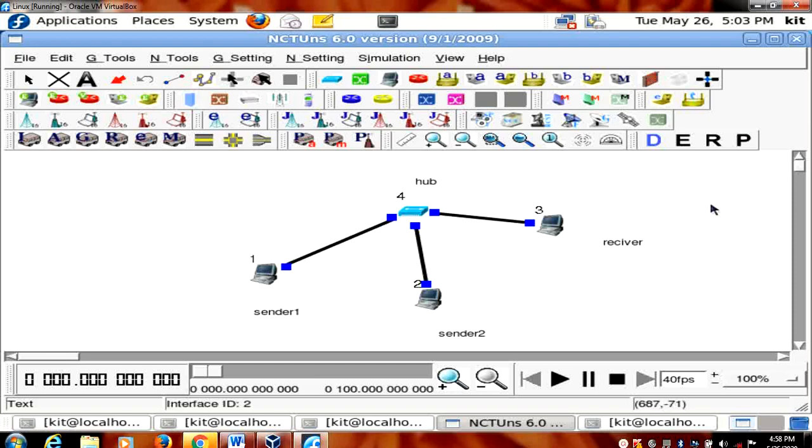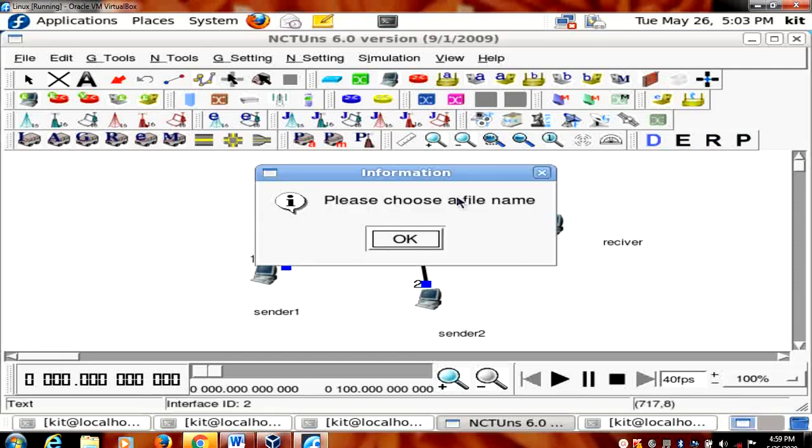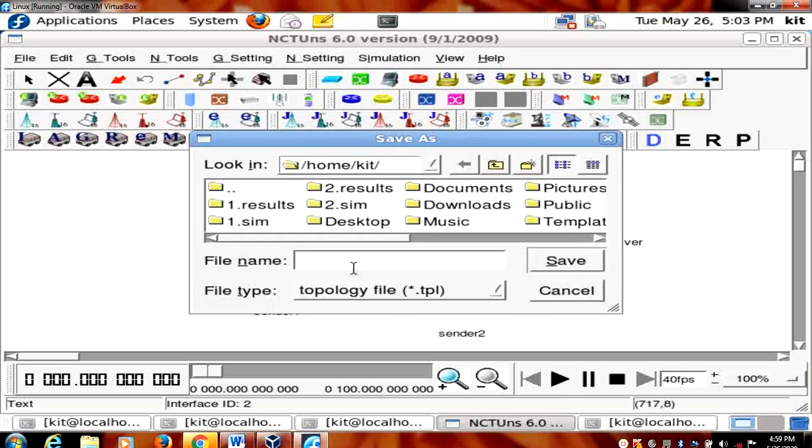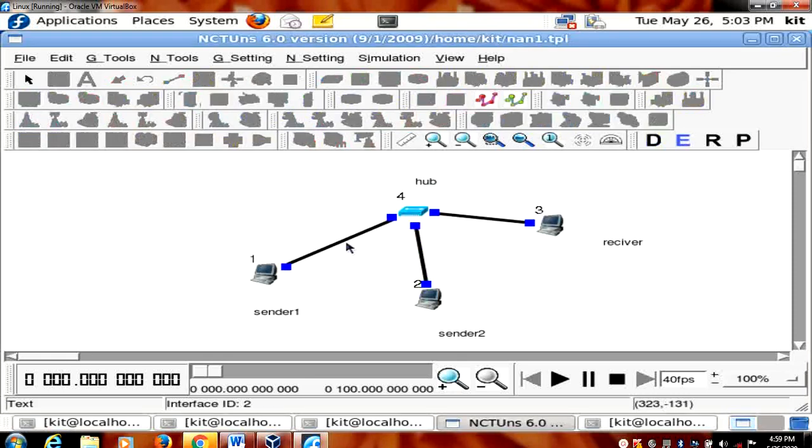Next I want to edit this. First I have created the topology. After creating the topology, go for edit property, because I want to generate the IP addresses. So okay, I will give a name. None1 I am just choosing, because I have given so many names. So I am just saving that. Once I have saved that, the IP addresses are going to be generated.